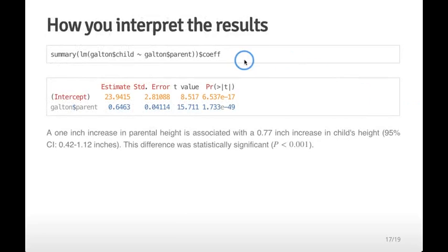So here's how you would interpret or write up the results of this linear model. If you have a linear model relating child's height to mid-parent's height, you can get the coefficient matrix, and so you get the estimate and the standard error for the intercept and for the slope, and it has a t-value and a p-value. And you remember you would report a 1-inch increase in parental height is associated with a 0.77-inch increase in child's height with a 95% confidence interval. In this case, you might say something like this difference was statistically significant, or you might even say strongly statistically